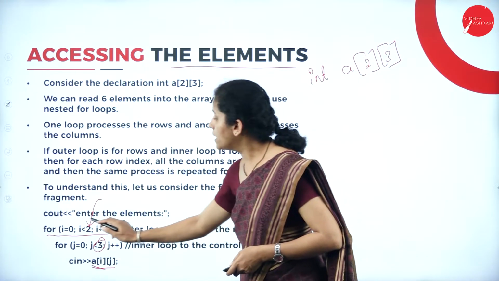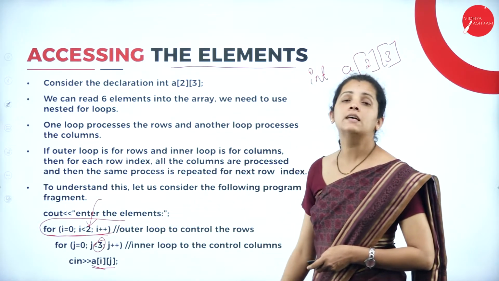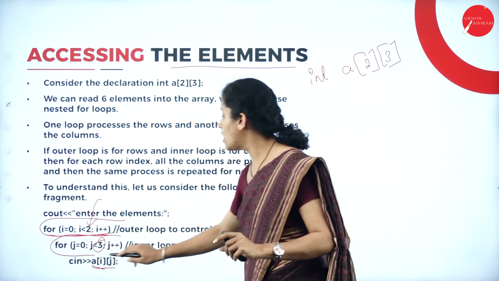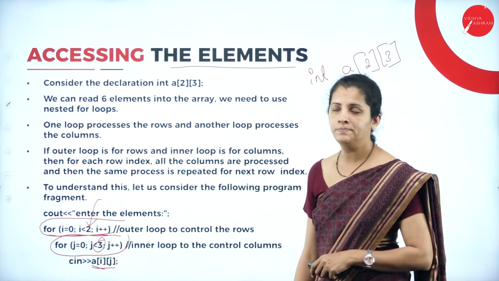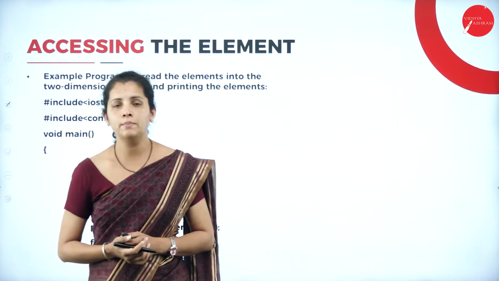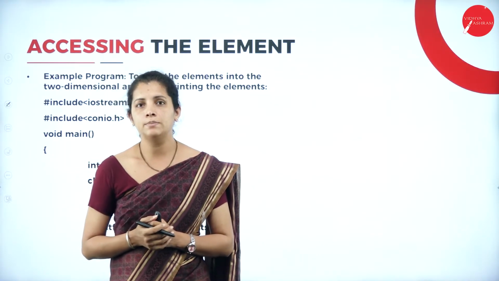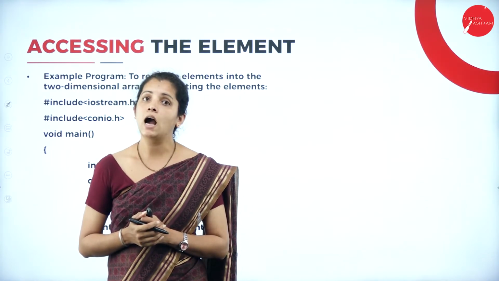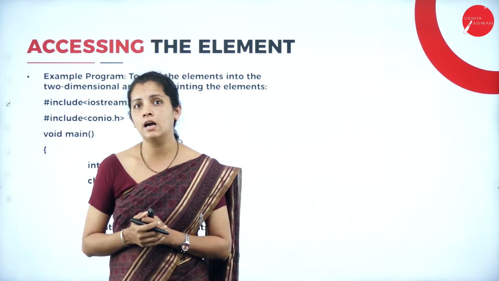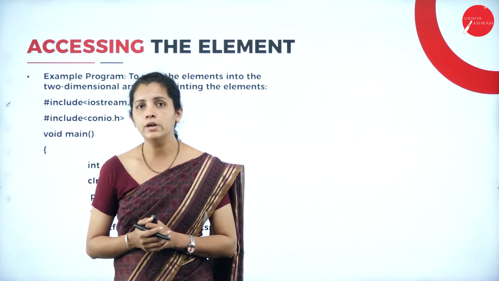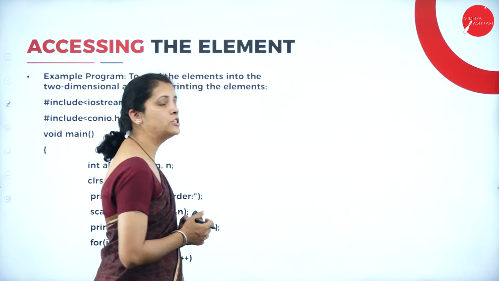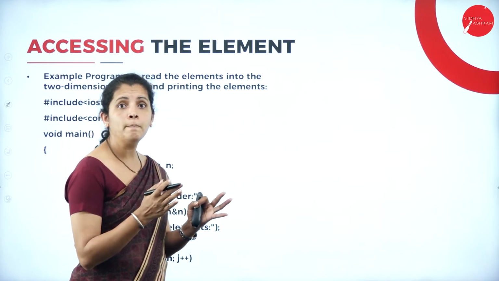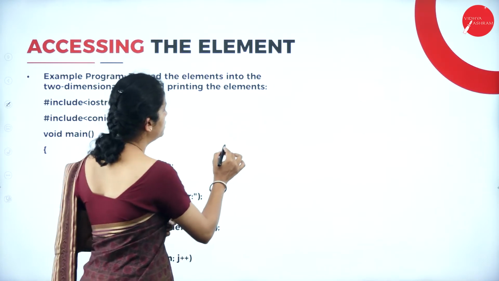And remember one thing, my first loop is always the outer for loop and my second loop is always the inner for loop. I'm going to have a two-dimensional array element. That means how can I read a two-dimensional array element as well as how can I write a two-dimensional array element. Now, dear student, to read a two-dimensional array element, what I want to do? I want to define some variable. So what I will do? I will take